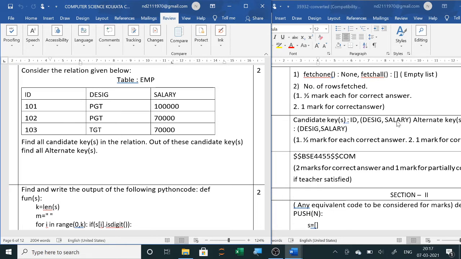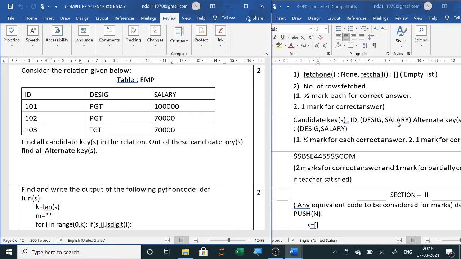And out of these candidate keys, find all alternate keys. So alternate keys are the candidate keys which could not become the primary key. I don't think any other is left with unique values, and the other two, designation and salaries, contain redundant, repeated values.